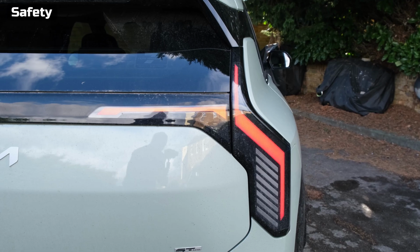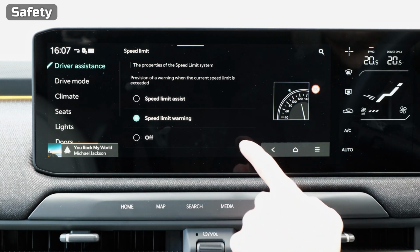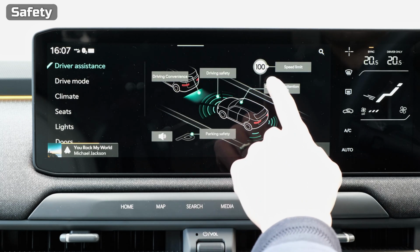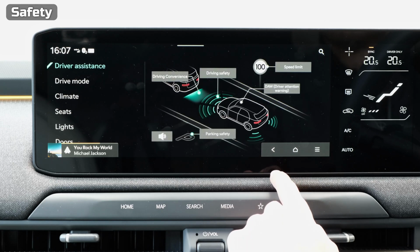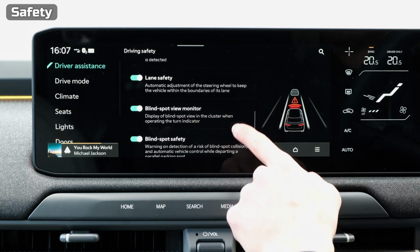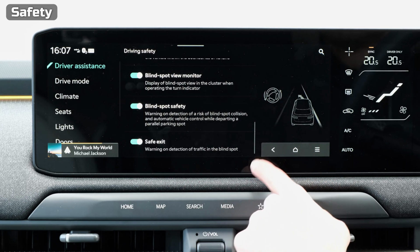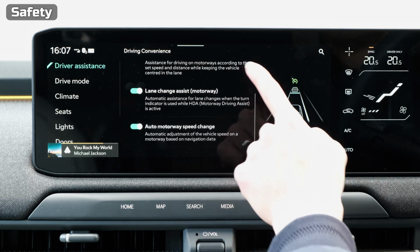You've got blind spot collision avoidance with rear cross traffic collision avoidance, forward collision avoidance, smart cruise control, which actually does a pretty good job of keeping you at a safe distance from the leading vehicle and doesn't feel jerky either, and you can even customize it via the infotainment system. Then you've got highway driving assist, which effectively gives you steering support on the motorway, and it does actually work a treat. Then you've got intelligent speed assist, speed limiter, lane follow assist, lane keep assist, safe exit warning, and